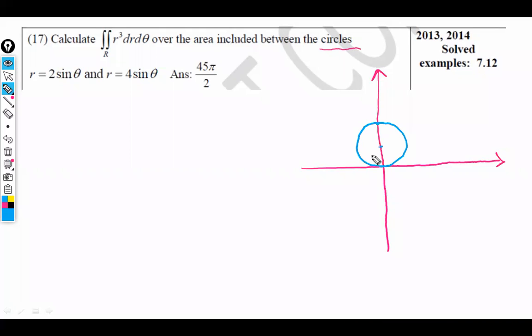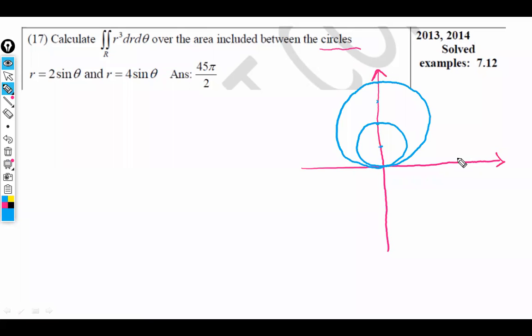What about r equal to 4 sine theta now? Yes, 170. Sir, its diameter will be 4 on the y-axis. Okay. So these are not concentric circles. The centers are different there. Concentric means the centers are the same. So r equal to 2 sine theta has diameter 2, r equal to 4 sine theta has diameter 4, and as sine theta is there, the diameters are on the y-axis. If instead of sine theta there is cos theta, the diameter will be on the x-axis.